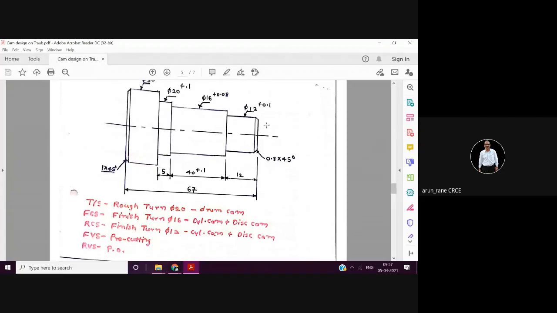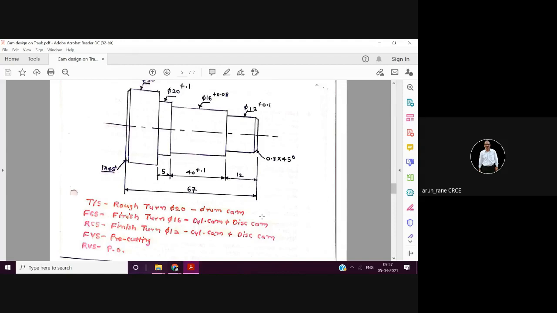because initially you have a round bar of 30, isn't it? So there is a stock here, 30 का पूरा स्टॉक है यहाँ पे. सो फर्स्ट डायरेक्टली आप 12 mm का कट नहीं ले सकते, बिकॉज 30 माइनस 12, हाँ, that will be 18 divided by 2. So 9 mm का depth of cut you cannot take. So you have to go step by step. So 30, then first is you are turning till diameter 20. So that's 5 mm depth of cut.